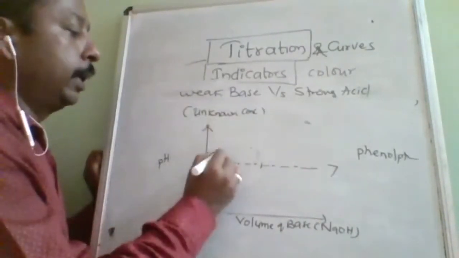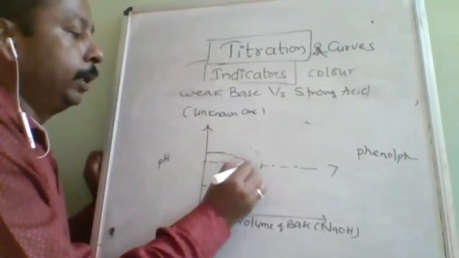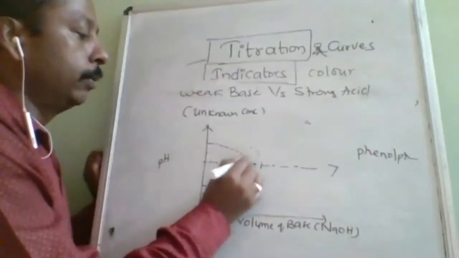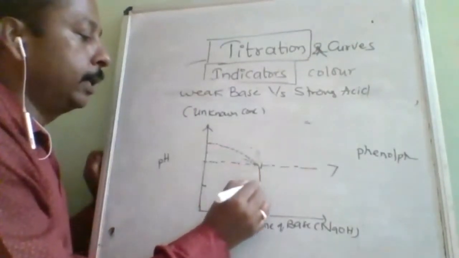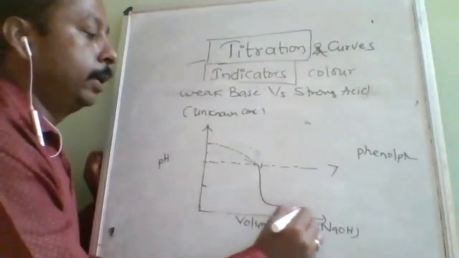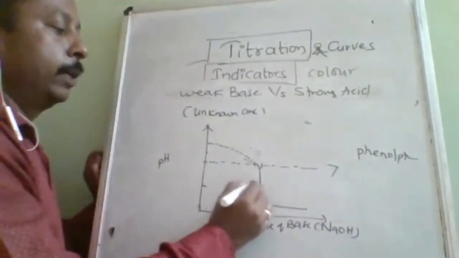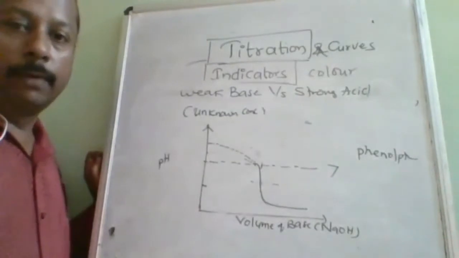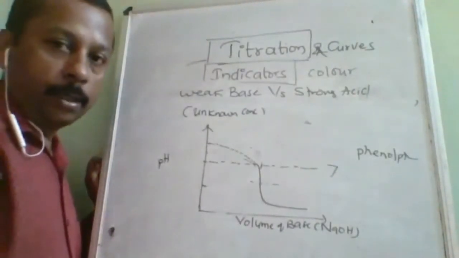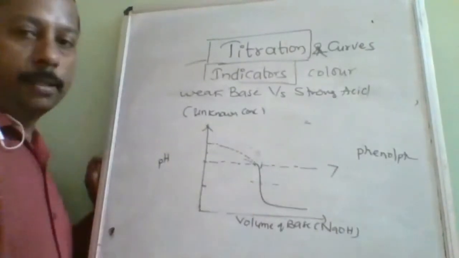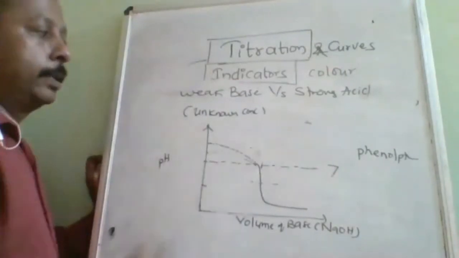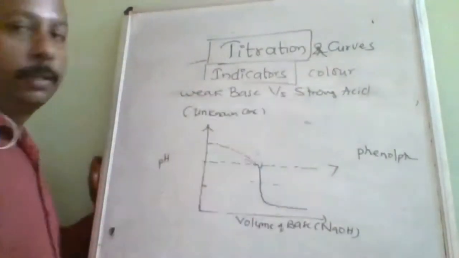Now when I start adding, there will be a curvy line only. Let us take somewhere here. A curvy line only, but the straight portion will start because the acid is strong. Now you can understand why the equivalence point will be below 7. Equivalence point will be below 7. Is it understood? Any doubt about this? Now this is below 7. So this is the graph for the weak base and strong acid.